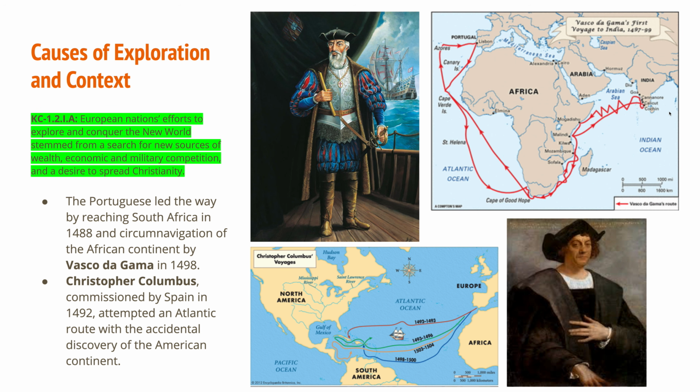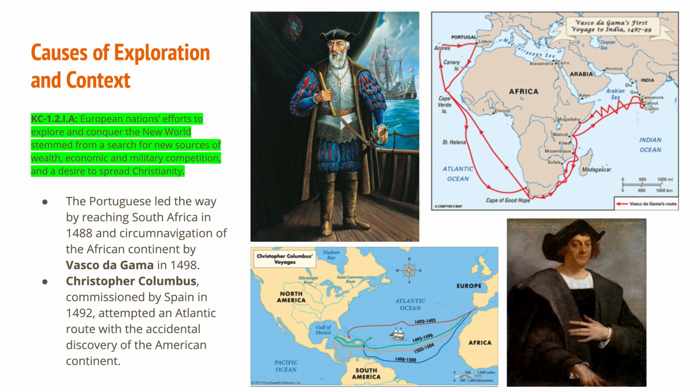At the same time, in 1492, Christopher Columbus is awarded a grant, ships, and a crew by the Spanish crown to go to Asia via the Atlantic. So Christopher Columbus's theory was that the world was not just round, but it was smaller than people had estimated it to be. And so you could make a trip across the Atlantic and reach Asia no problem.